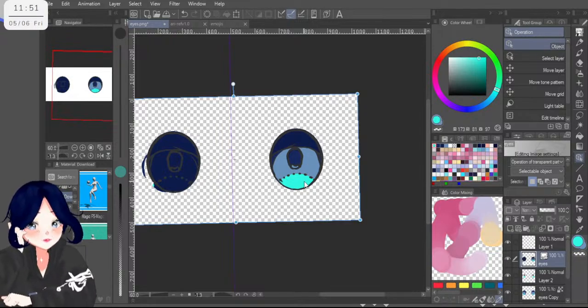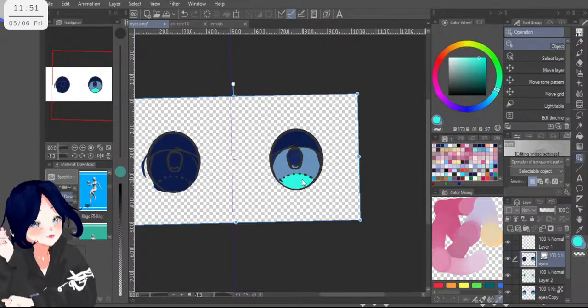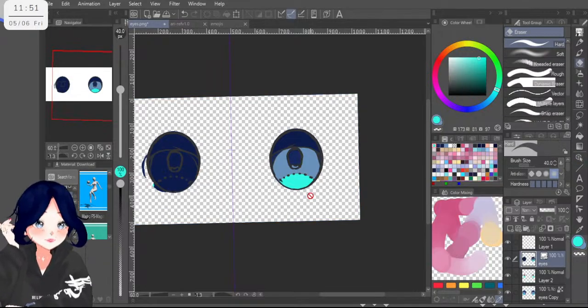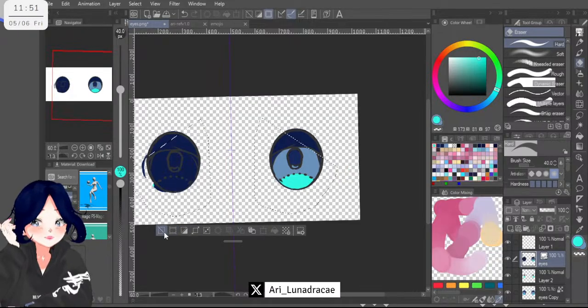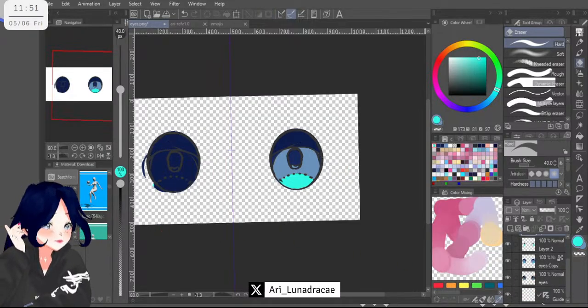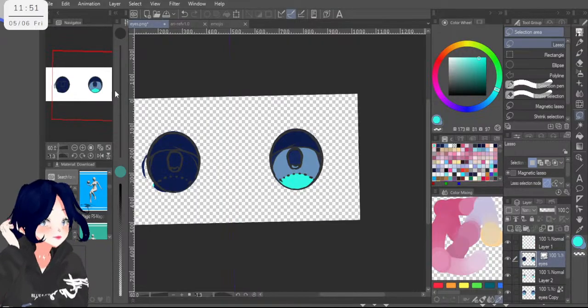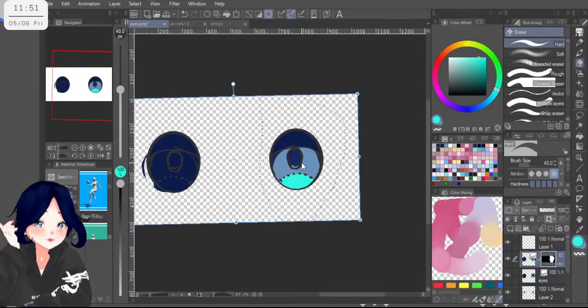Completely forgot to erase this part. You know what? Whatever it is, let's just copy. Let me hide this filler. Okay. Ctrl+C and Ctrl+V.